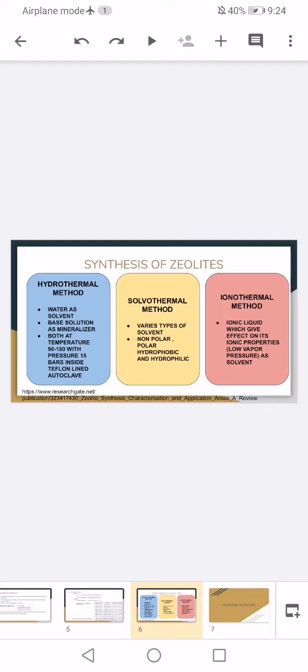Roughly, this method is much easier and cheaper than the other methods because it uses low temperature. The second one is the solvothermal method. Basically, the solvothermal method of zeolite synthesis involves the use of solvent to produce zeolite. It uses various types of solvent, depending on the suitability. The solvents that we use are non-polar, polar, and also hydrophobic and